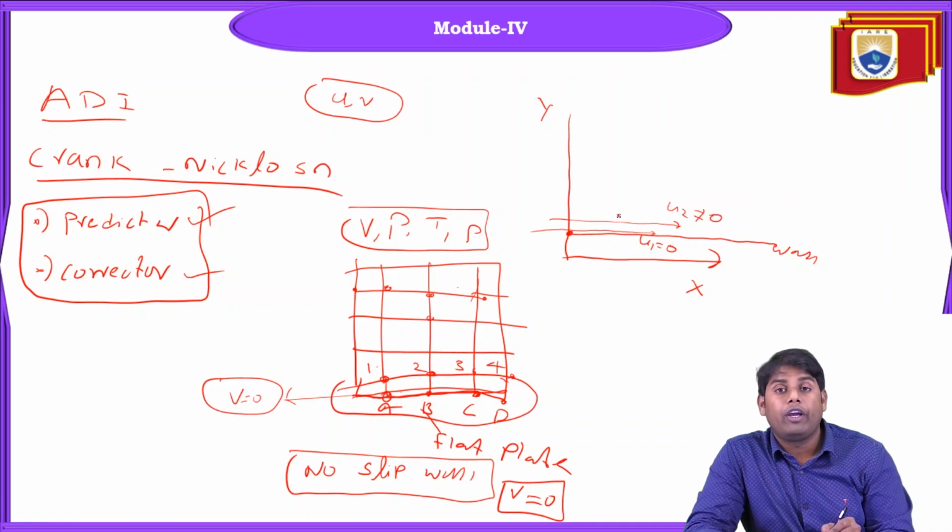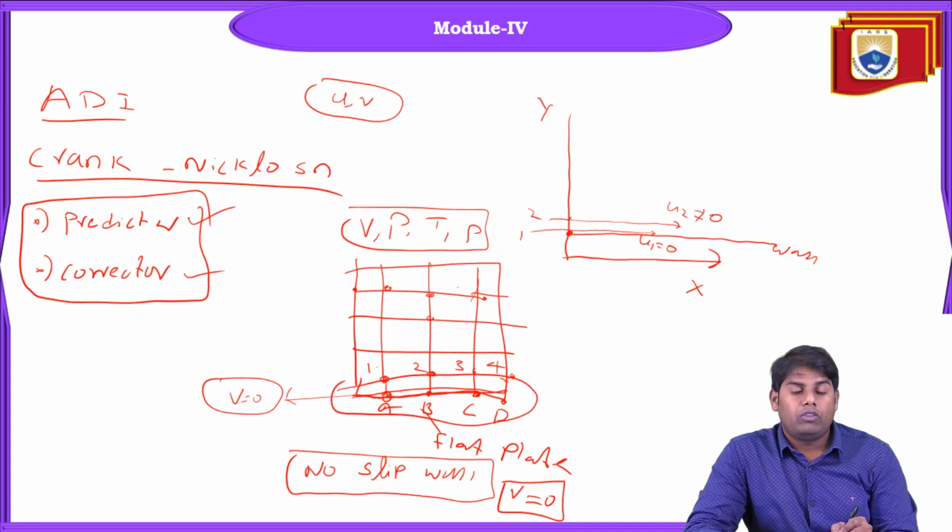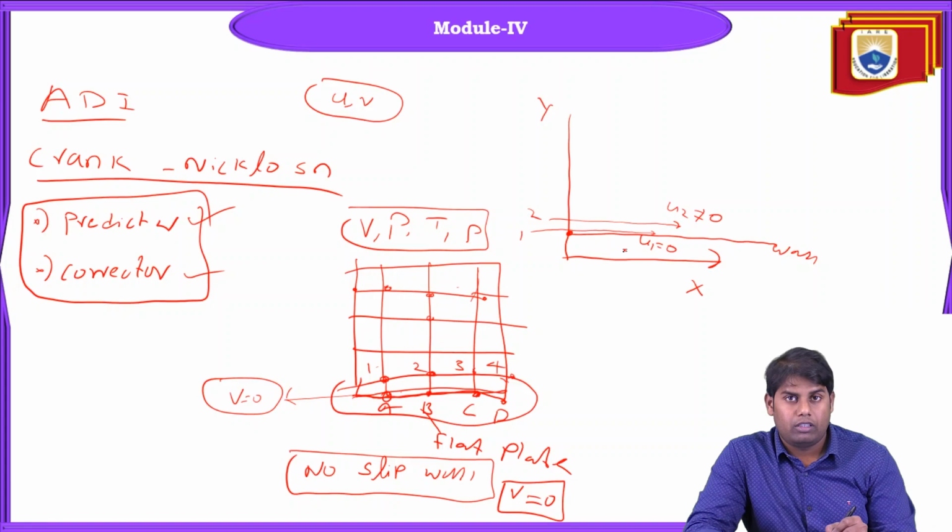Why? Because it is flowing over fluid layer 1. When fluid layer 2 has higher velocity than U1, what happens actually? Going by Newton's third law, for every action there is an equal and opposite reaction. So the first fluid layer will try to stop the second layer, layer 2, and layer 2 will try to push or pull layer 1. With this mechanism, the U2 velocity is reduced